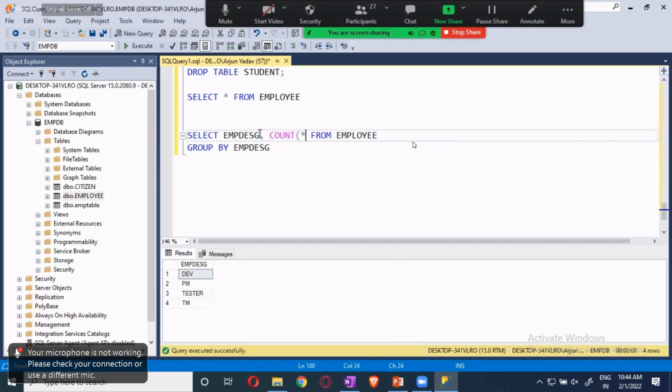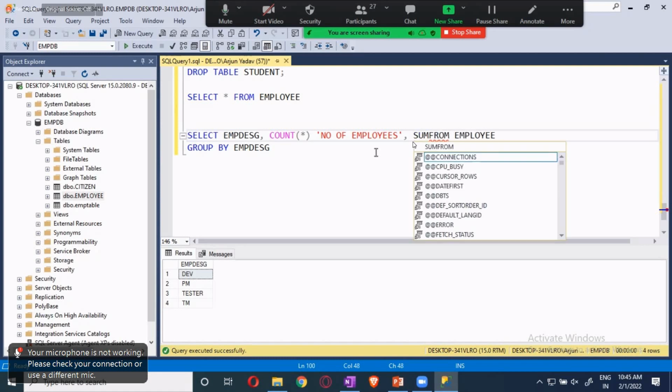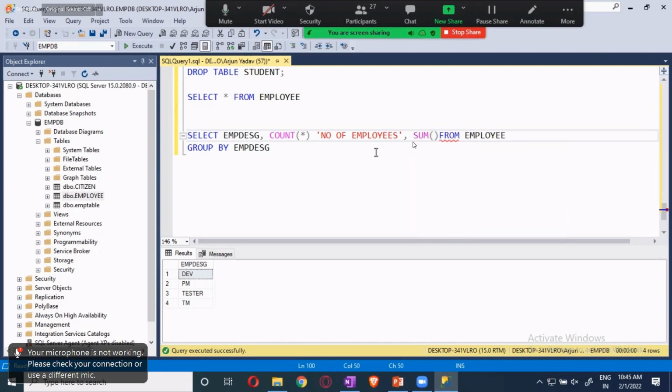Inside that, I will put a star. You can count all of them. That's what I'm giving the name as number of employees. Okay. Now, next one is, I want to see the total salary. Salary, EMP SAL, is a column. Sum is a function. Inside this, we are going to use